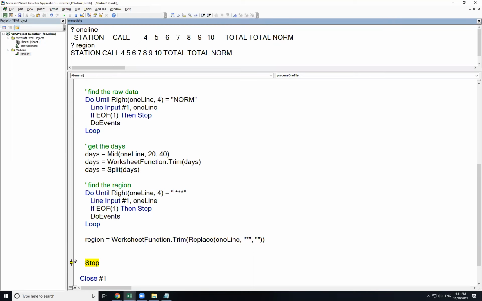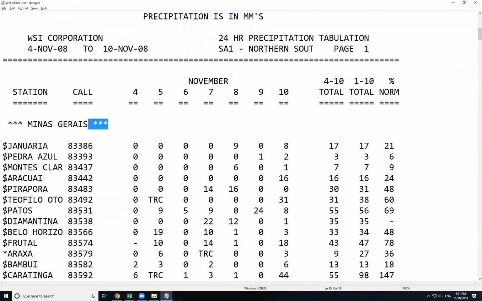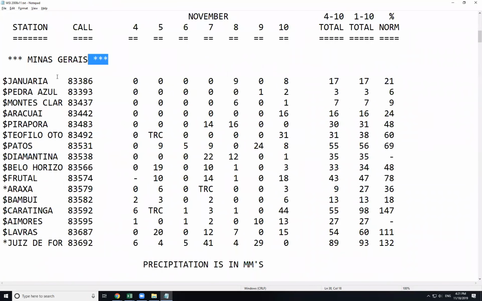Oh no, I didn't run the loop yet. So let me run this loop here. Now let's look at my region. Oh, I got the region. Oh, we are moving right along. So now I'm ready to